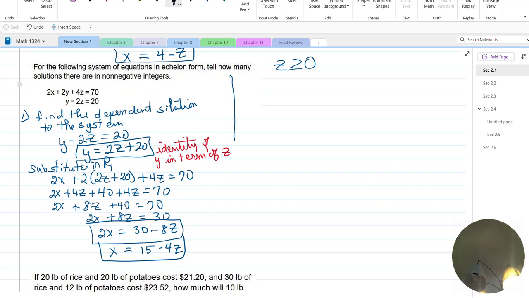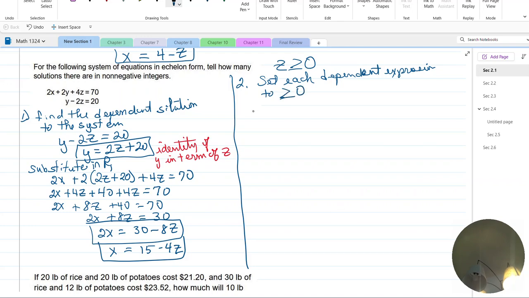So we're going to set each dependent expression